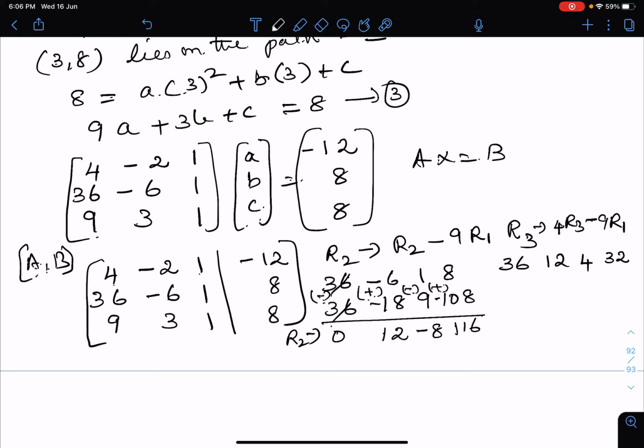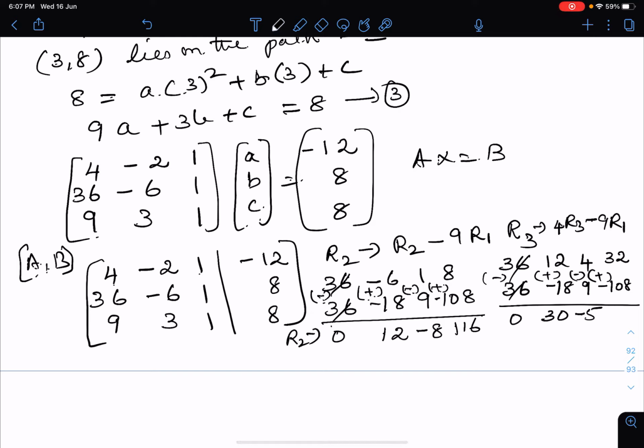4R3. Okay, now we are going to do 9R1. So again it is 36, 9 2s are minus 18, 9 1s are 9 and 9 minus 108. Okay, so you are going to change your sign, plus into minus and minus into plus. So these are equal, cancel it, and these are equal, so you get 20, 30, and here it is minus 5, and this you have to add, so 10, 140. Okay, so this is going to be your row 3.